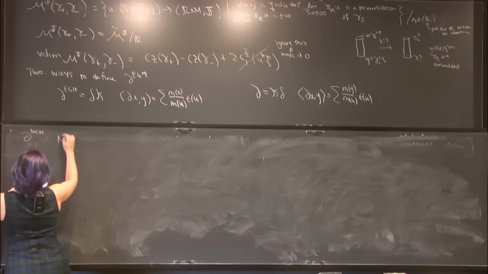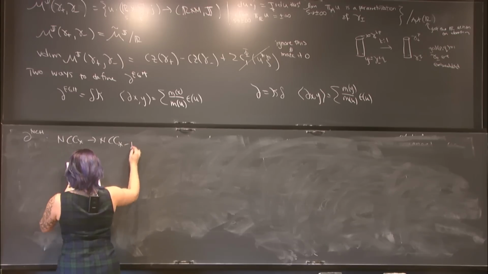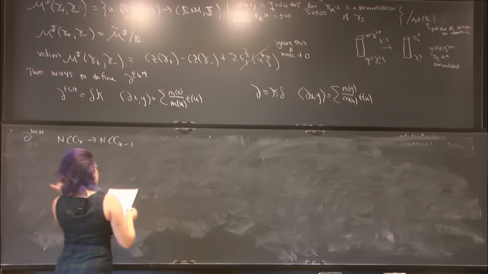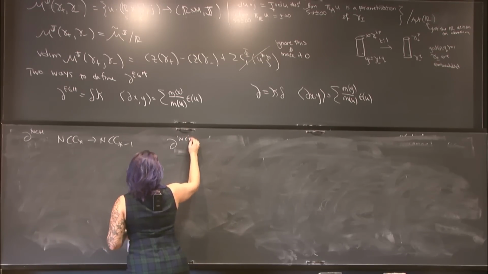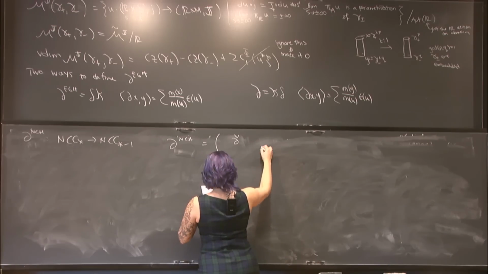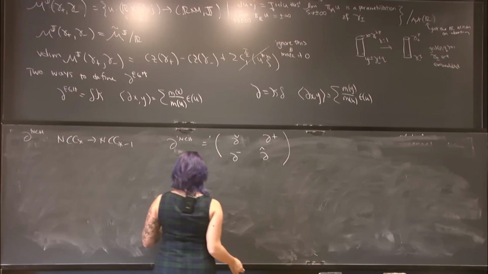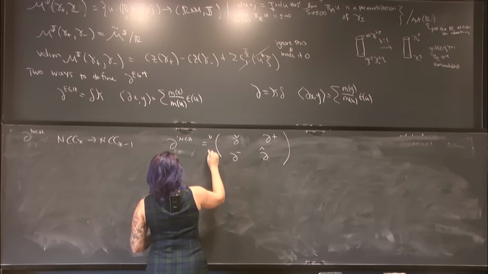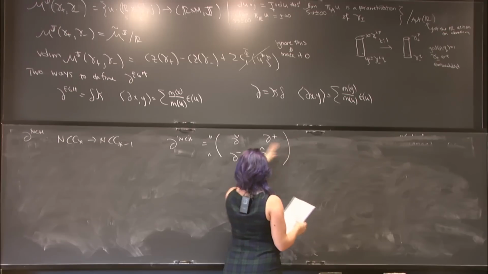This will be a map from NCC star to NCC star minus 1. It's going to have 4 components: check, hat, plus, and minus. If we think of how matrix multiplication works, you would think of this eating a check and a hat and then spitting out check or hat